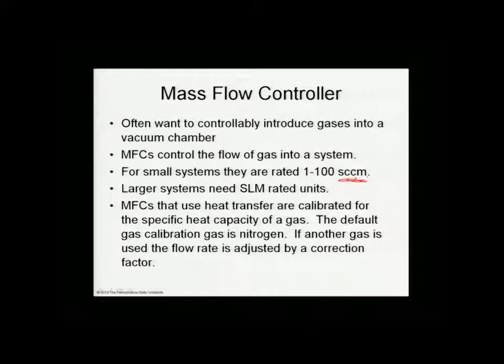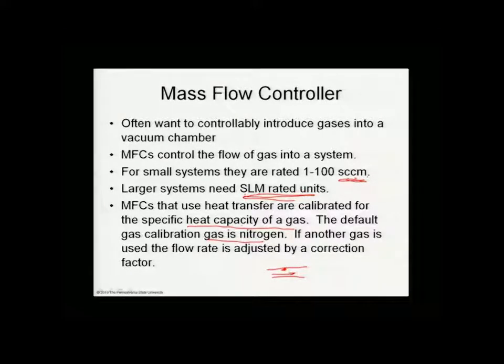Larger systems need maybe standard liters per minute, so they may be calibrated in that set of units. Mass flow controllers that use heat transfer to measure the flow are calibrated for the specific heat capacity of a gas. The default calibration gas is nitrogen, and then there's usually an adjustment to correct between nitrogen and the gas in question. So this type of mass flow controller uses some kind of an element that's heated, and the gas